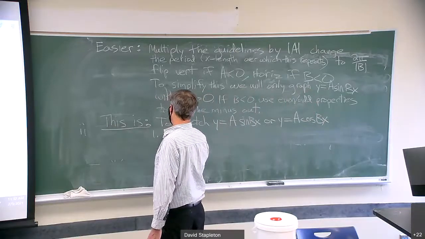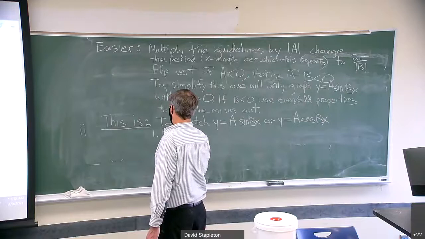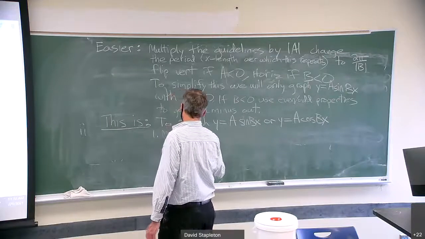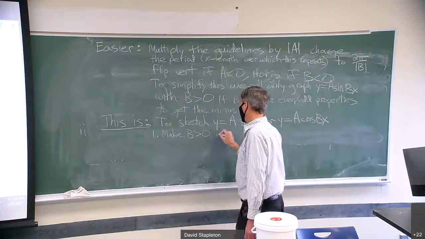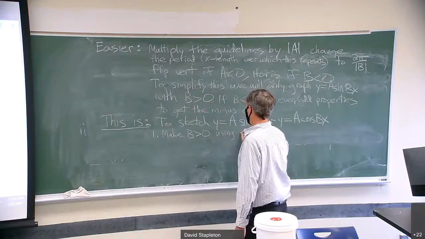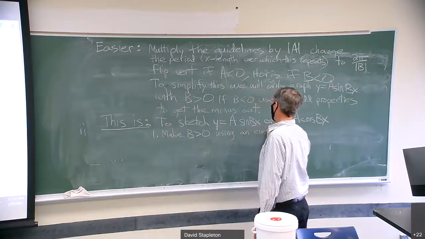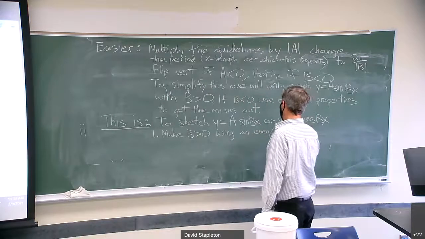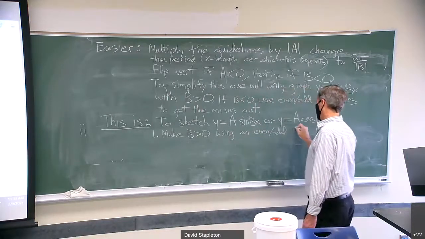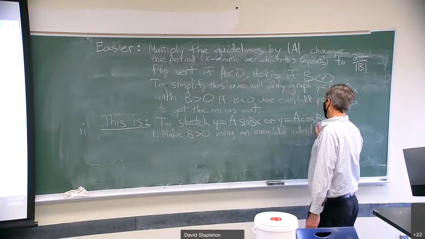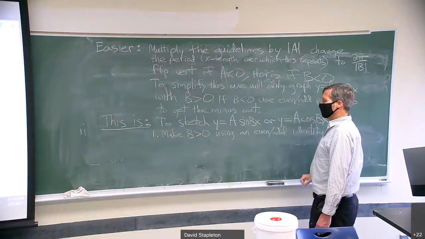One, make B positive using an even or odd identity. You take the minus away. Once that's the case,